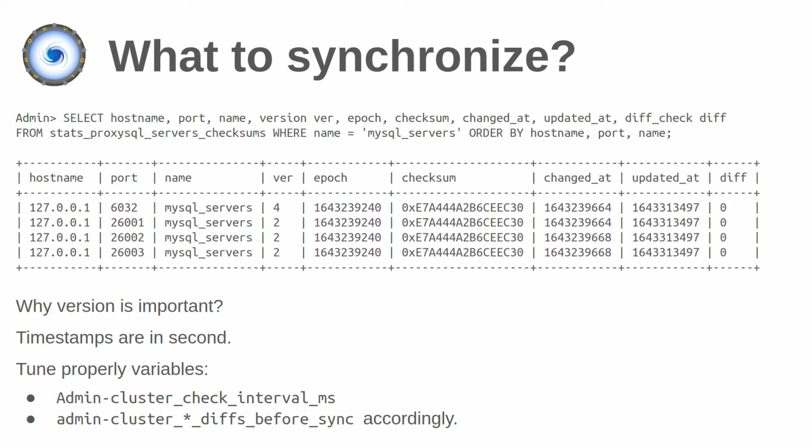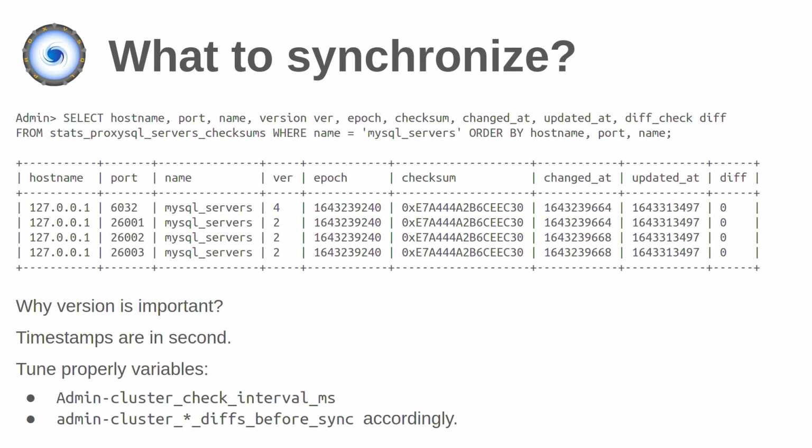Let me explain why. Let's assume that you have a cluster that is running for a long period of time, and it has some configuration. And then you start a new proxy that just joined the cluster. This proxy will have version 1. And it will have the epoch that is newer because its configuration is newer compared to all the others, because the others are running for weeks. So the version number 1 is a fancy mechanism, because now the other proxies know that even if the new proxy has a configuration with an epoch that is bigger than everybody else, its version is 1. So probably it's a new server, so they should never sync from it. So it's a fancy mechanism.